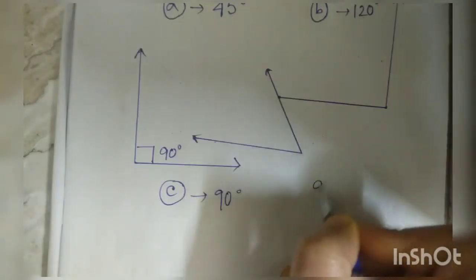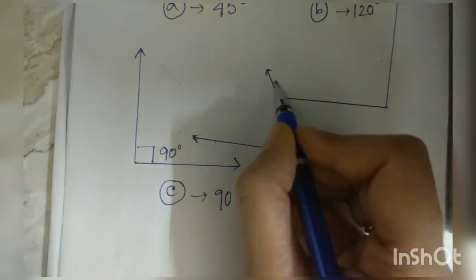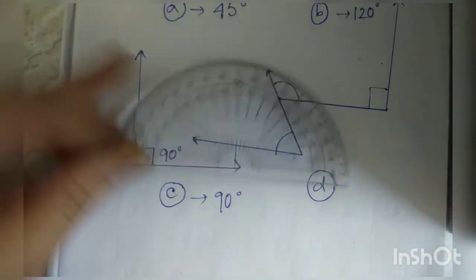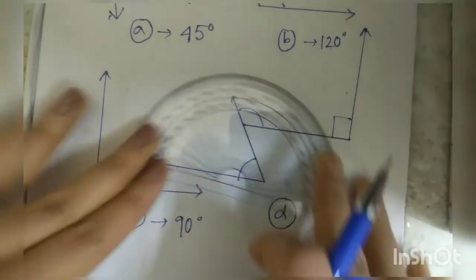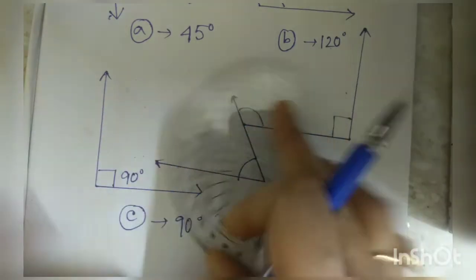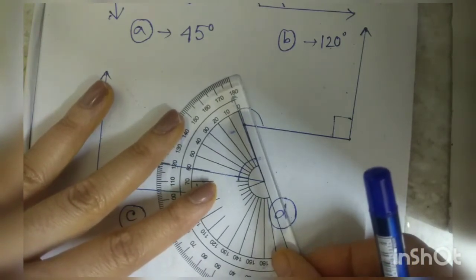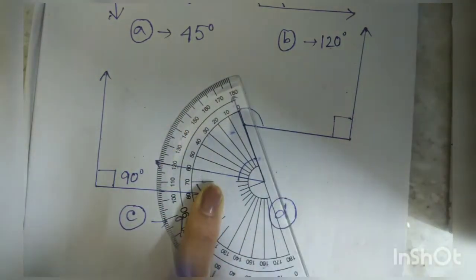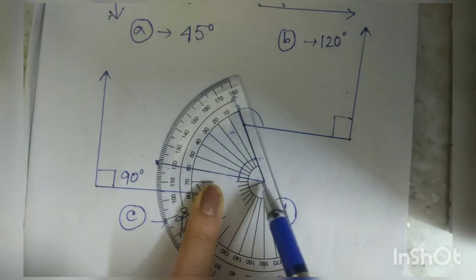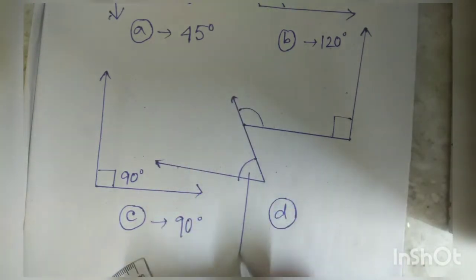And this is our question number D. Here three angles are given. First this one, second this one, and third one is this. Okay, so we have to measure these three angles. Now see, for our convenience either we can put it here or we can put it here in this point. Now if we put it in this point, we will be able to see that this angle is exactly 60 degrees. See, at the below we are getting 60 degree. If we coincide this point here, 60 degree, so this angle will be 60 degree.